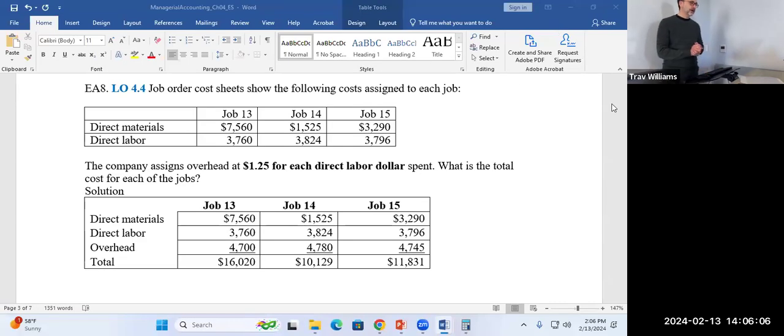All right, so any questions about how we came up with the total costs here? Yes, Robert. Is it just the direct materials plus direct overhead? Or how did you get to the total? It's all 3. Okay. Materials, labor, and overhead. But tell me if I got any numbers wrong. Did I goof? No?